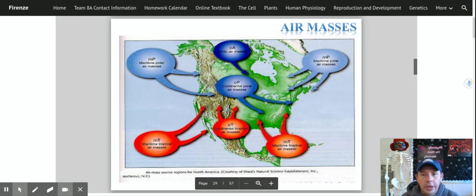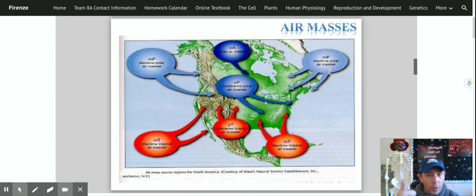Down here, okay, it's forming over the ocean, but it's closer to the equator. Maritime tropical, okay? Wet air, but it's going to be warm air. So wet, warm air is going to be moving into our area. So maritime polar, maritime tropical. Okay, we're going to come over to the right side of the map now. We're going to stick with the maritime. Maritime means formed over water, wet air, and it's pretty far north. It's up near Greenland and Iceland.